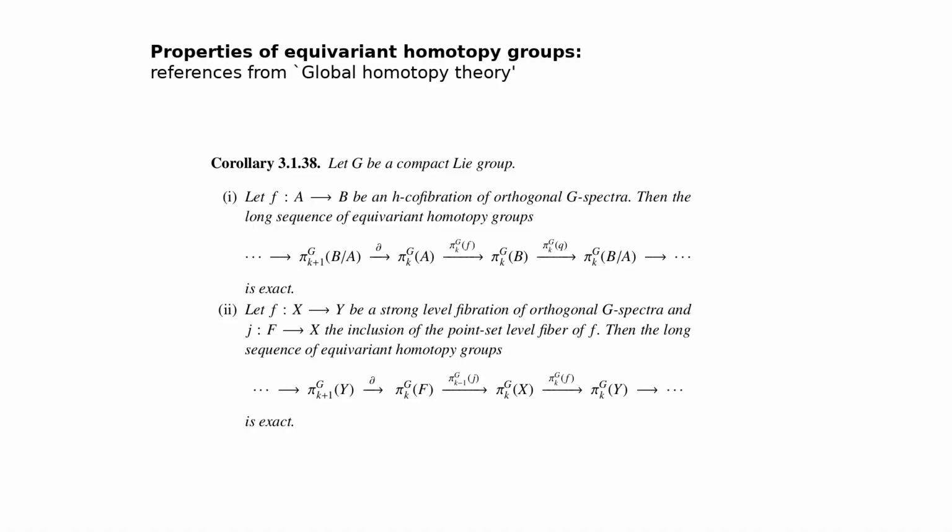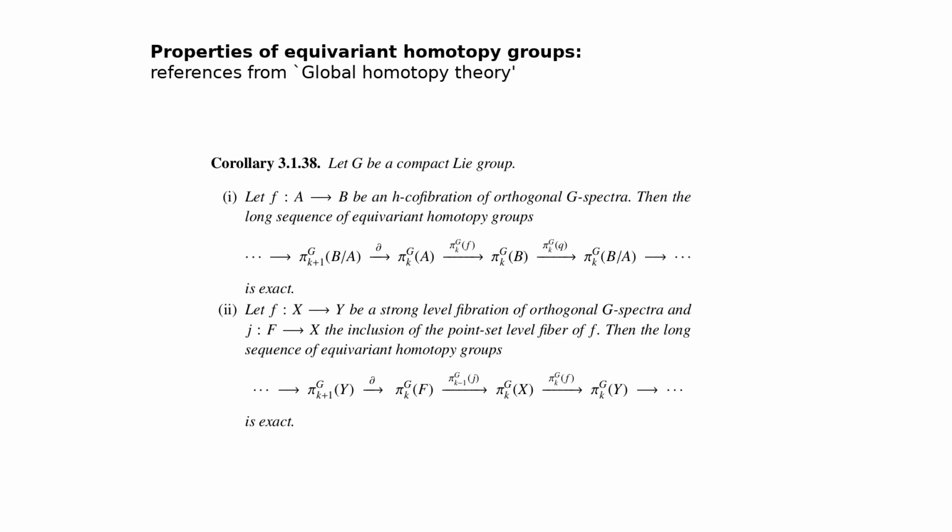The next property is that you also get a long exact sequence on equivariant homotopy groups for h-cofibrations. So I will use the term h-cofibration for morphisms of orthogonal G spectra that have the homotopy extension property internal to this category of orthogonal G spectra, where homotopy refers to smashing an orthogonal spectrum level-wise, or as a functor, with the interval [0,1] with a disjoint base point. So then you can formulate the homotopy extension property. If a morphism has it, that's what I'll call an h-cofibration.